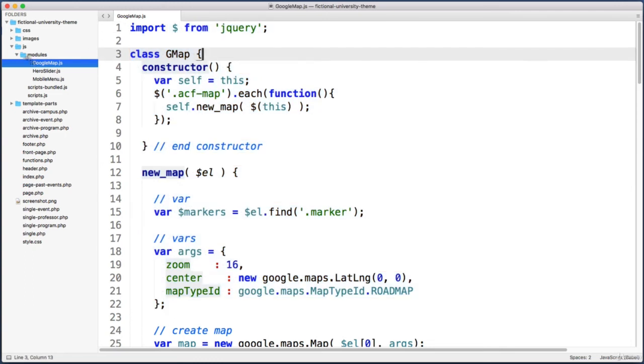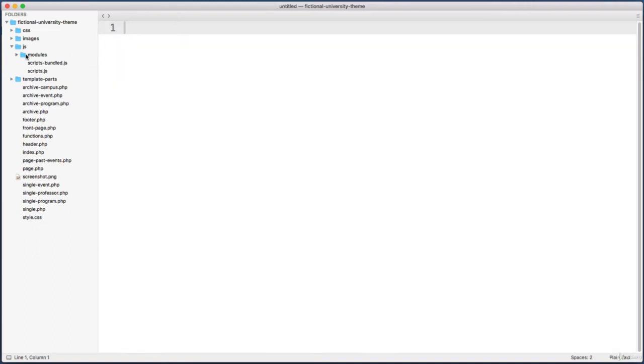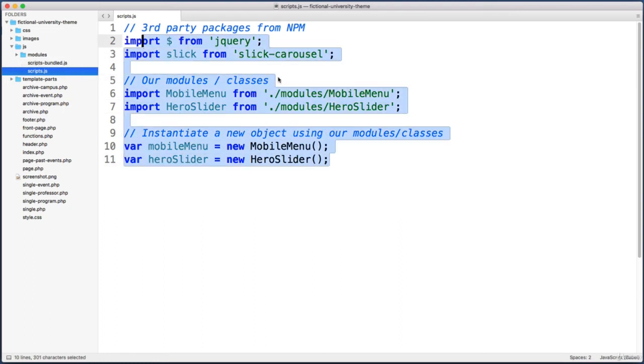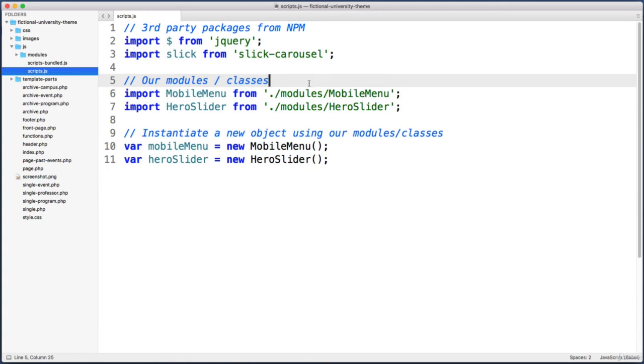So we've got this file named Google Map in our modules folder. Let me close out of that. But what we need to do now, if we jump into this scripts file that lives in our JS folder, this is our main file. This is sort of the recipe file for our JavaScript. This pulls in all of the individual ingredients and then mixes them all together in one big bundled file, right? We see this file named scripts-bundled, and that's the file that WordPress is actually going to load on the front end. So what I want us to do now is import or include the Google Maps module into this